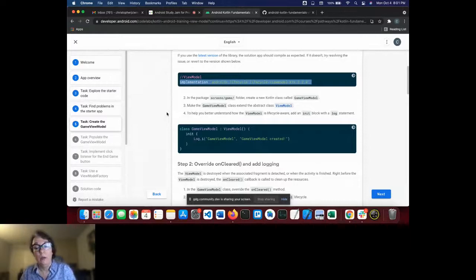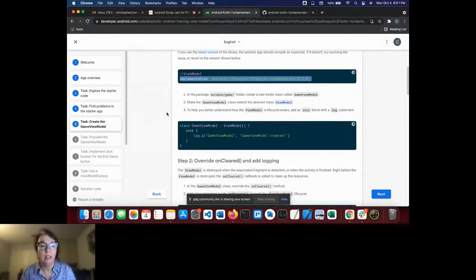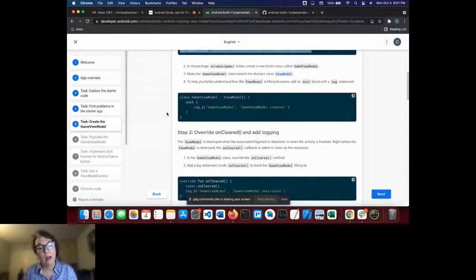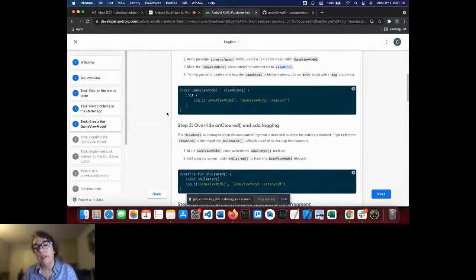So when you're working with a view model, you might have a SQLite database, or you might have a network connection to a cloud database like Firebase or Couchbase. And so onCleared is going to tell you when that screen and that view model are going away so that you can clean up anything and close connections or unregister